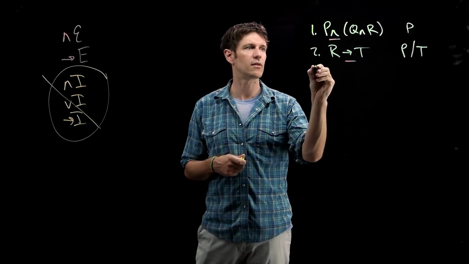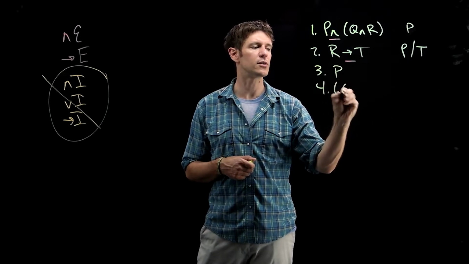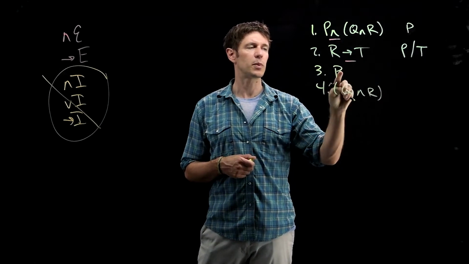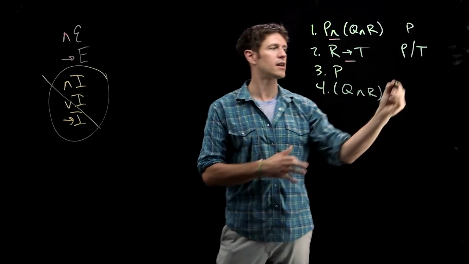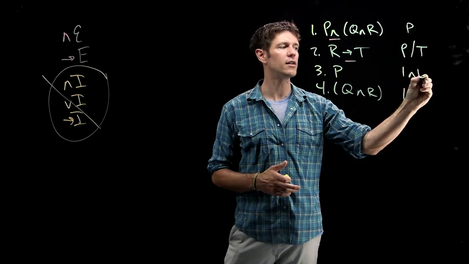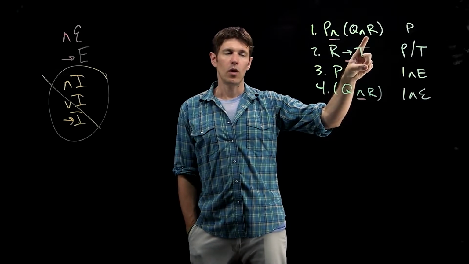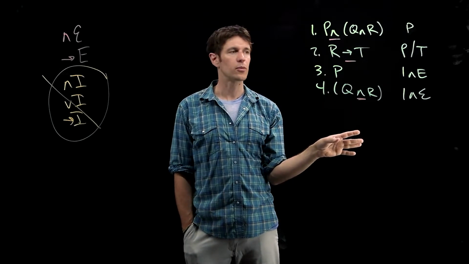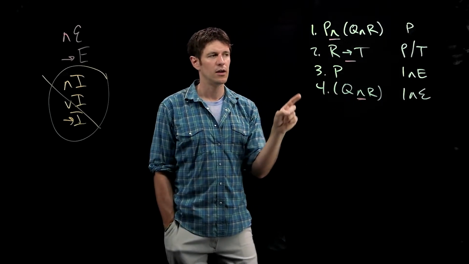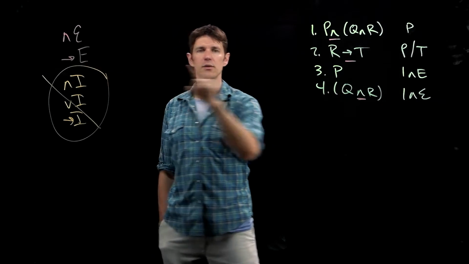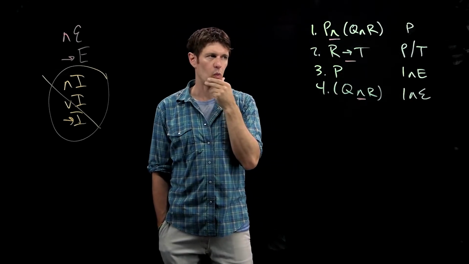of the sides. So at line 3 here, we'll reason to P, and at line 4 here, we'll reason to Q and R. So P is the left-hand side of this conjunction, and then Q and R is the right-hand side. So both of these are from line 1 using conjunction elimination. So we've used conjunction elimination on line 1. Now let's look at the formulas in our proof. We have a conditional at line 2, and then we have a conjunction at line 4. When we look at conditional elimination, which is the elimination rule that corresponds to this operator, we can say to